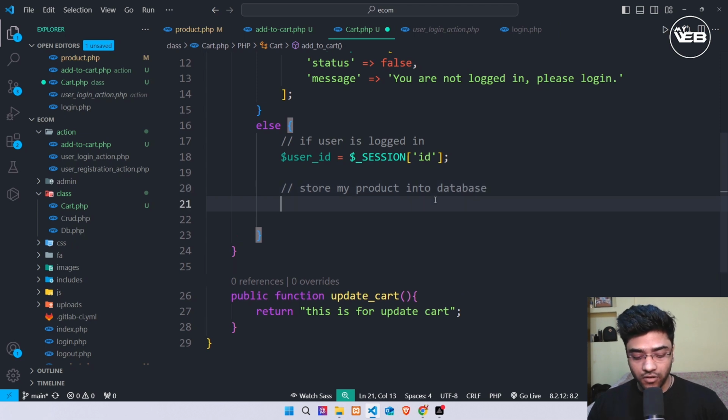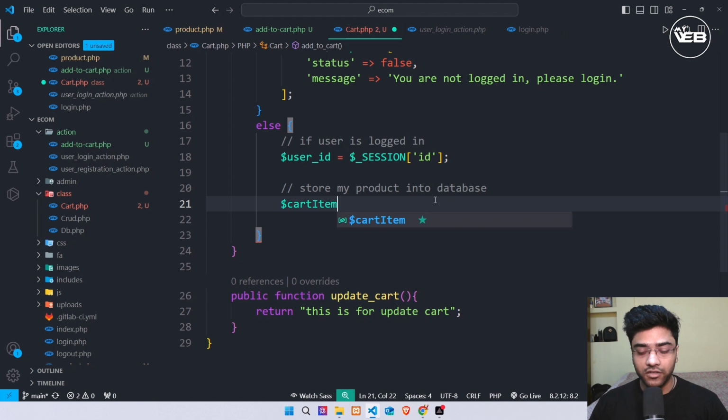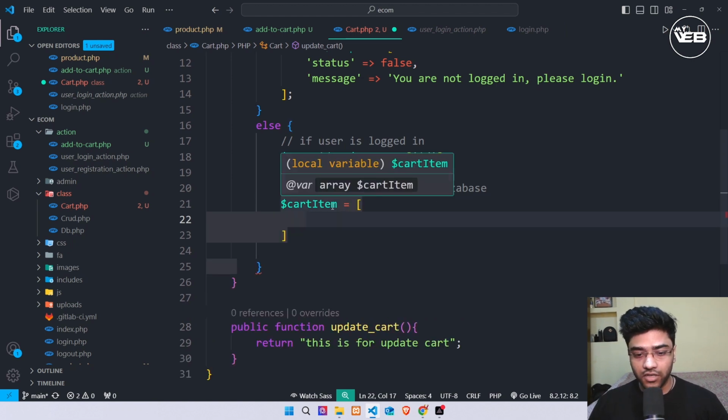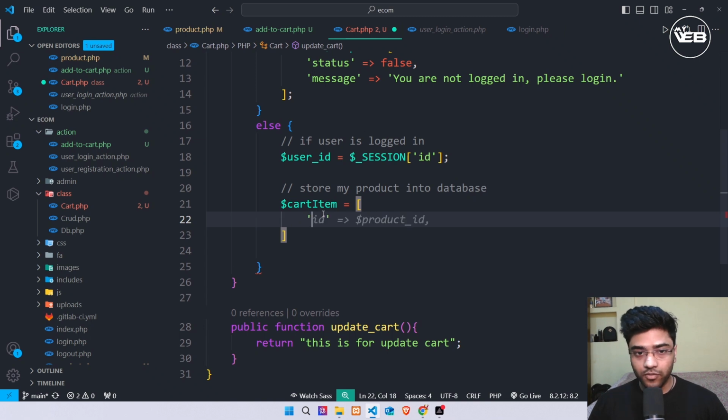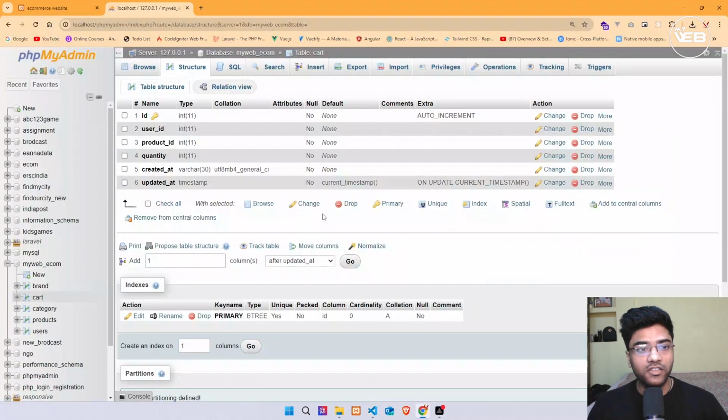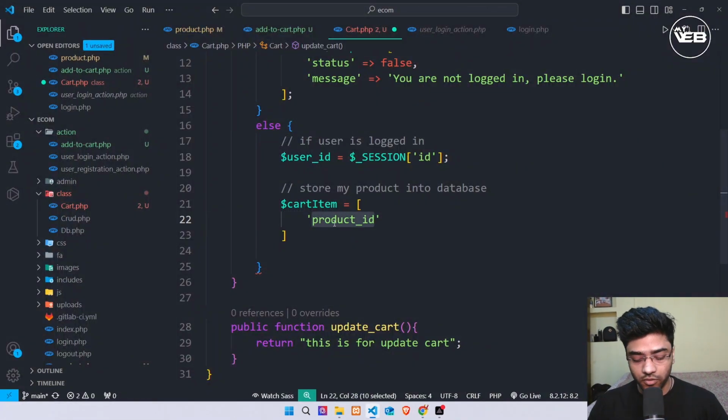Okay, and I create a variable cart_item where I store my array cart_items, which is my product_id. Okay, what is my database column name? It is product_id. So I just copy this and paste it over here,